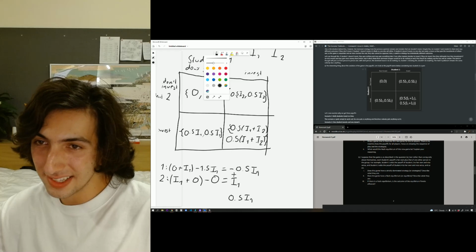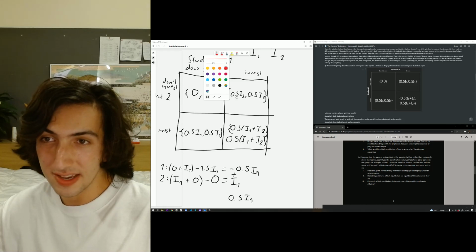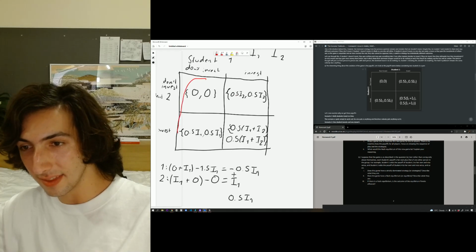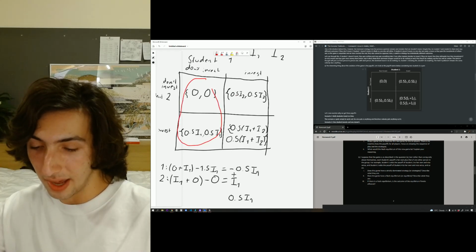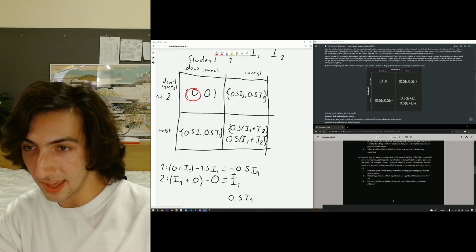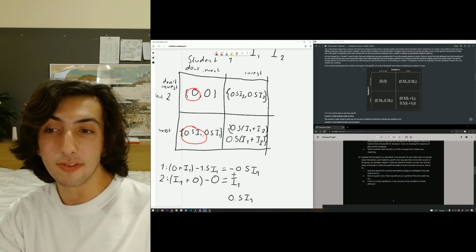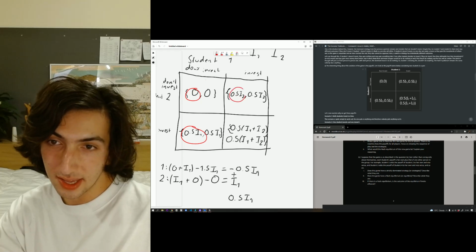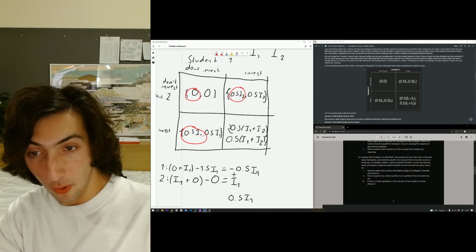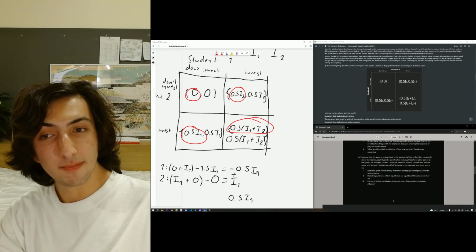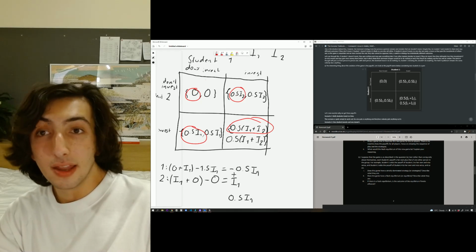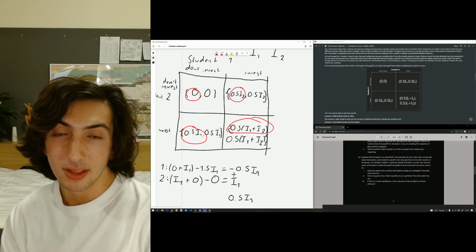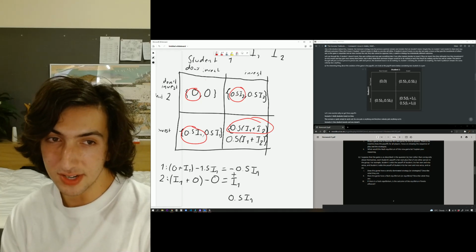Okay, well, let's look at not investing versus investing in both cases. If student 1 doesn't invest, then they can gain nothing. Okay, actually, let me highlight their outcomes in particular. They can get nothing, or they can get 0.5 I1. Okay, both good. But if they invest, they can get 0.5 I2, or they can get the combination of both. Now, this is dependent on if I2 is bigger than I1, if this is to be a dominant strategy.